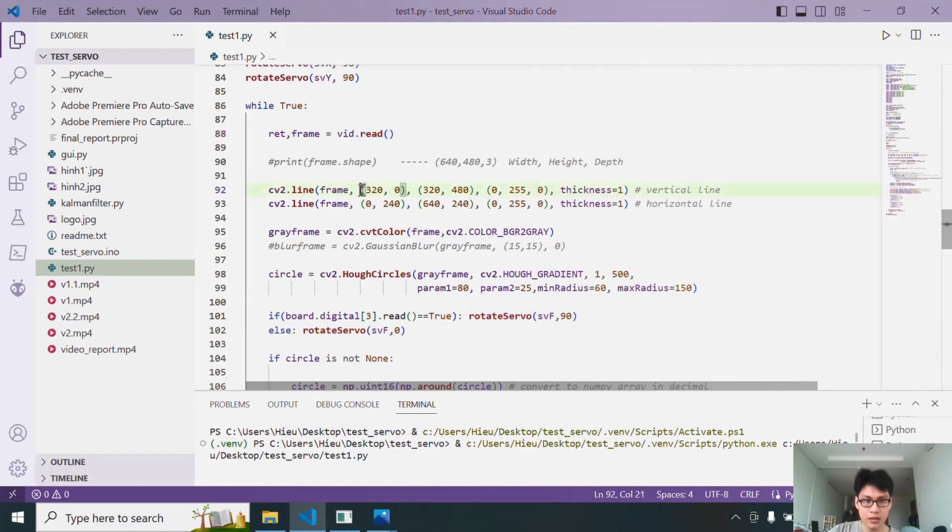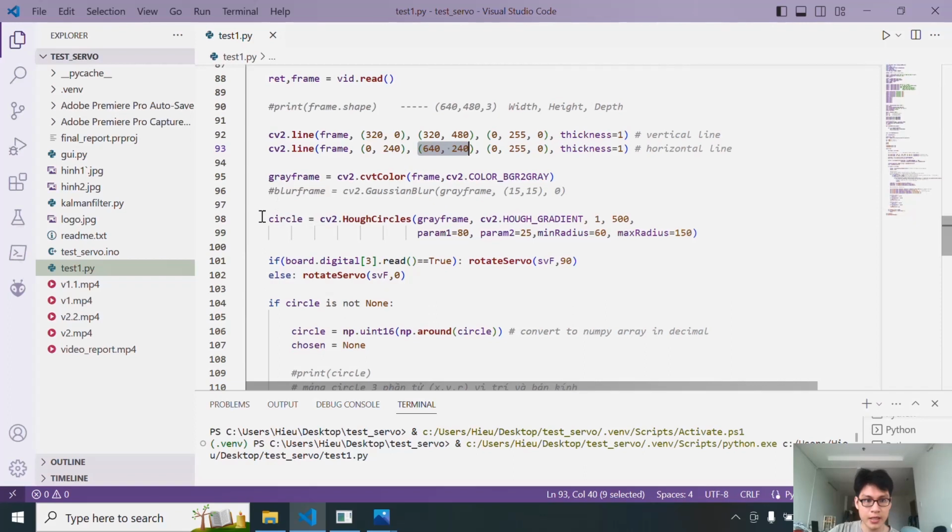This is the x1, y1 and x2, y2 of the vertical line, and x1, y1 and x2, y2 of the horizontal line. In order to detect the circle, we have to convert the RGB frame into a gray frame,